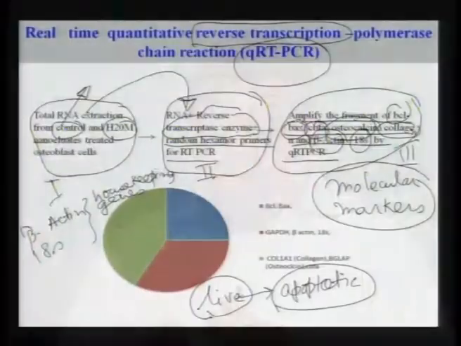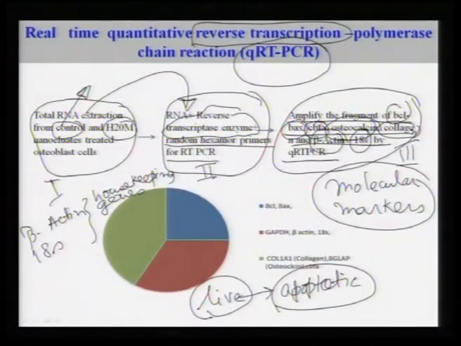I repeat, independent of the cell type means it does not matter whether it is fibroblast cells, osteoblast cells, or endothelial cells. You will always find beta actin and 18S, two different types of genes which are present in the nucleus, so that the normal functionality of the nucleus can be maintained. So, in other words, it is typically known as a ubiquitous gene, that means it is present in all cell types. And now, why do we require to amplify the fragment?